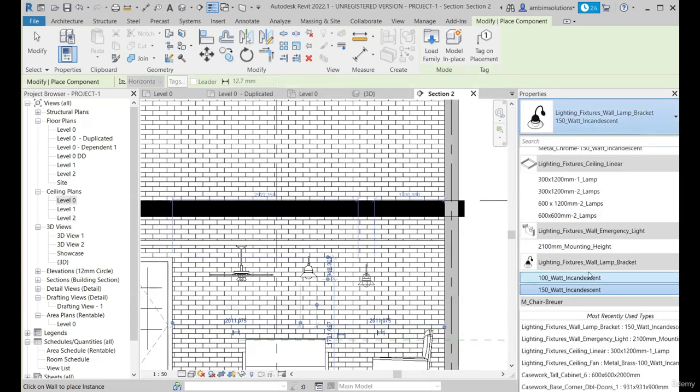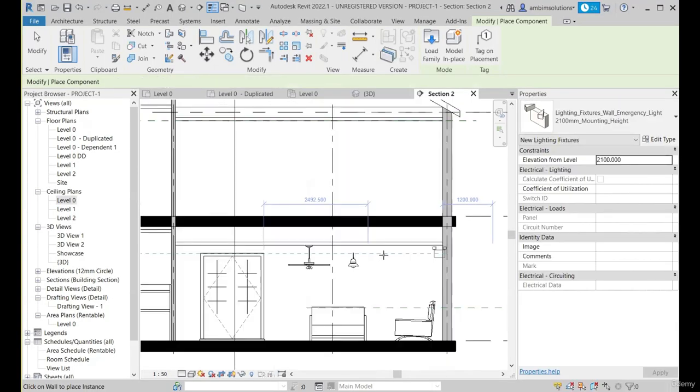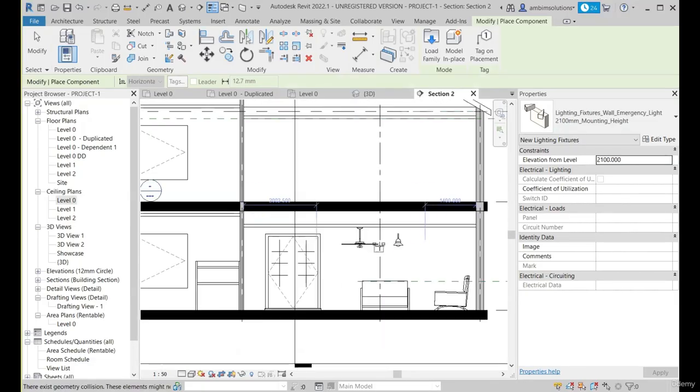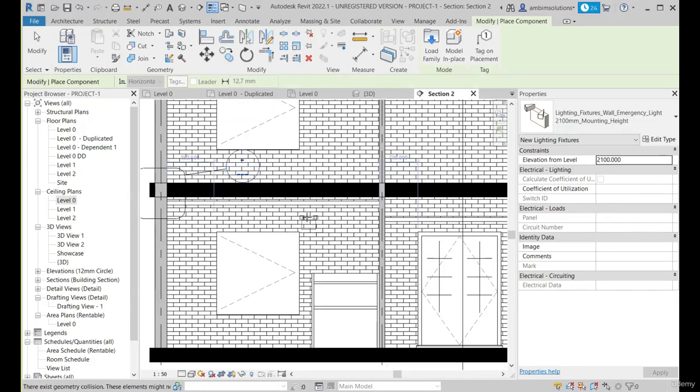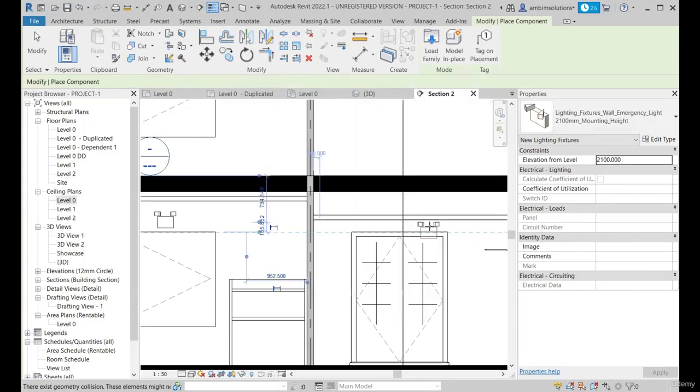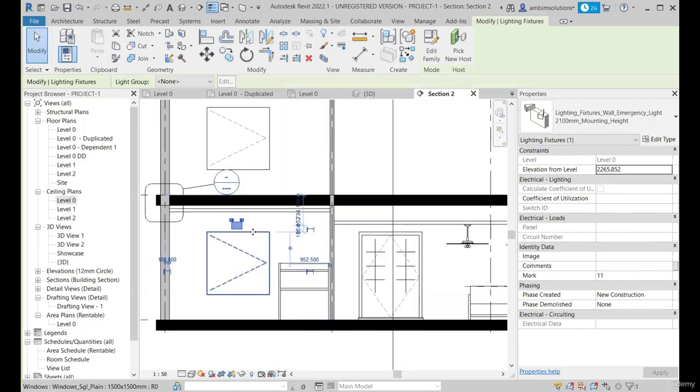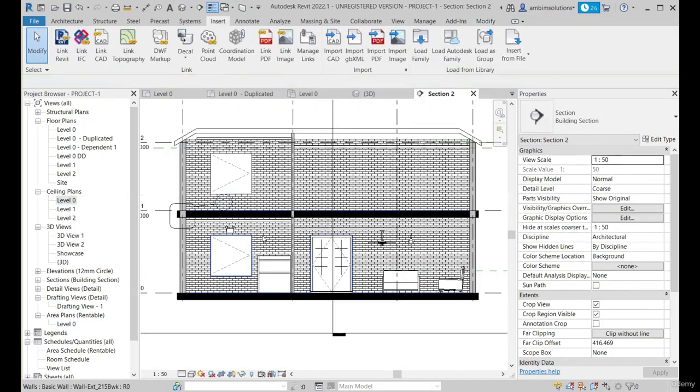Similarly, the other type that we have used was the emergency lamp or emergency light. So we can place it here. There is no place here, so let's place it somewhere here. This is just for demonstration purposes. This would be somewhere close to the exit doors. Emergency lamps. So in this way, we can add various kinds of families, that is the contents,